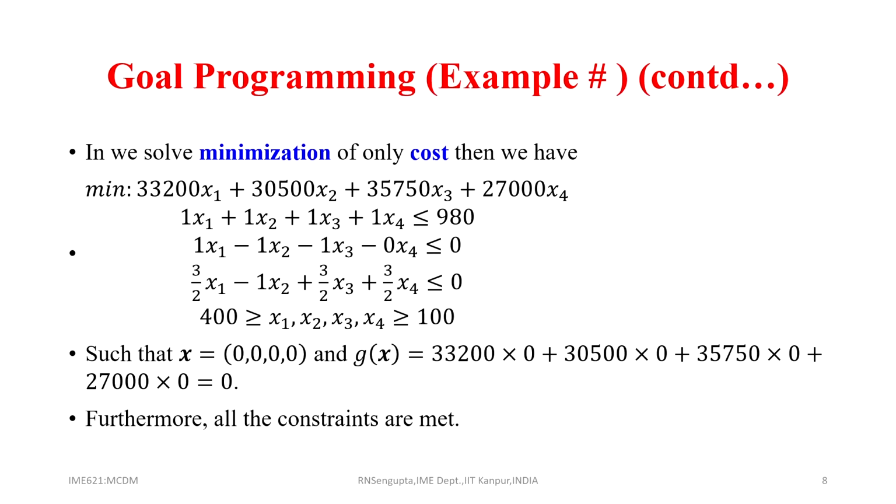So, technically if I consider everything as a cost, that means 33,200 is the cost factor for producing 1 unit or 1 acreage of the first variable, 30,500 for the second, 35,750 for the third, and 27,000 for the fourth. So, correspondingly the values which we will put. Now, technically if I see, if all of them have to be produced at minimum 100, so obviously the